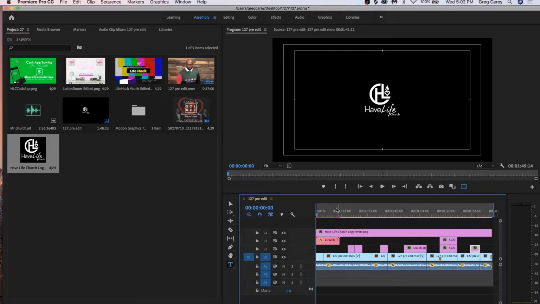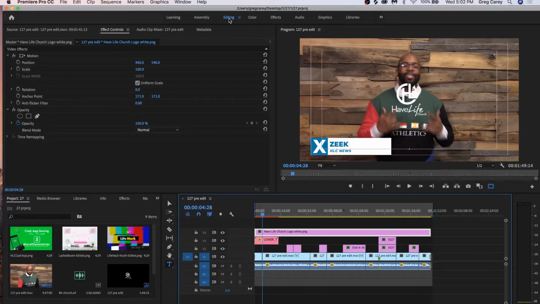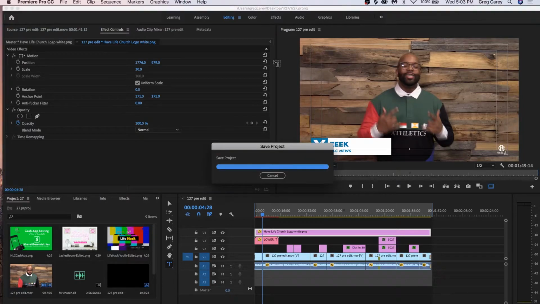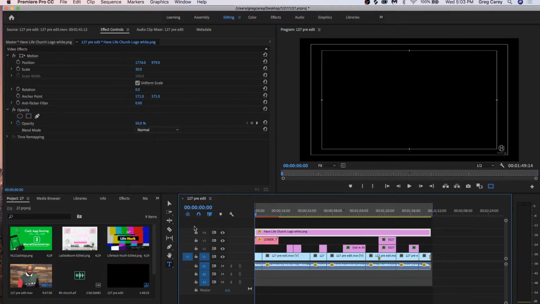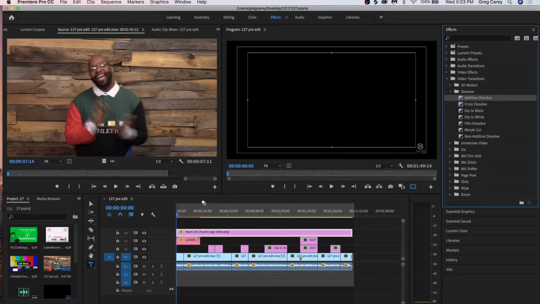Then I just happen to know my sizes with my logo. Right now it's in the middle, so I'll drop this down to 30, I believe, and position it where I normally place it, about right there. I have the church part just touching that white line. Then I drop my opacity down to 50%. That's just what I do. Now you see at the beginning, it is just sitting in the corner. I don't like that. So I come to effects, video transitions, hit that additive dissolve, drop